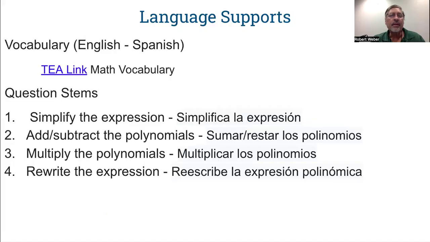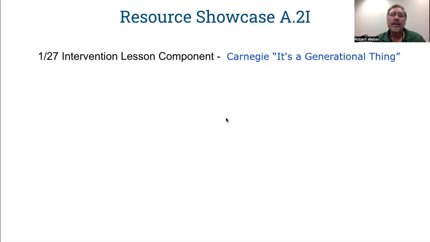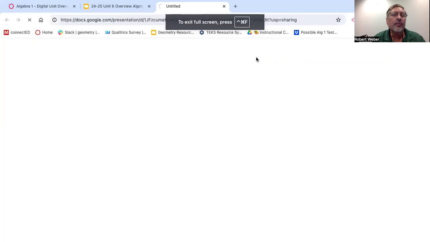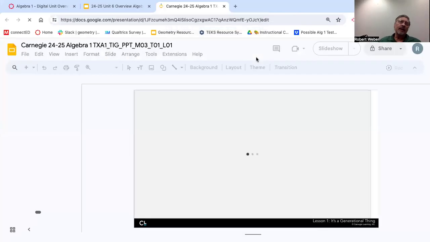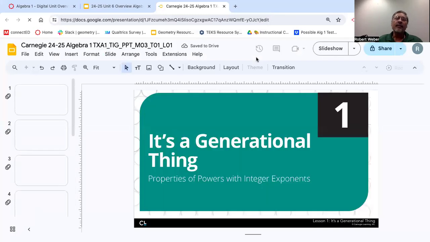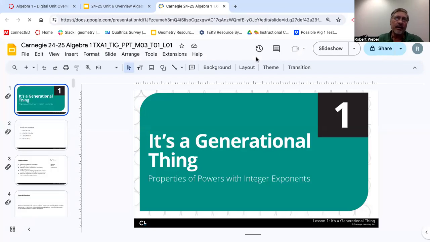Language support, some of the key words and sentence stems that you should be aware of. A resource showcase. I chose Carnegie as the important resource here. Again, if you haven't used a lot of Carnegie, the middle school actually is utilizing Carnegie heavily. It may be an oncoming thing for Algebra 1. We have placed a lot of the materials in a database for you or in our